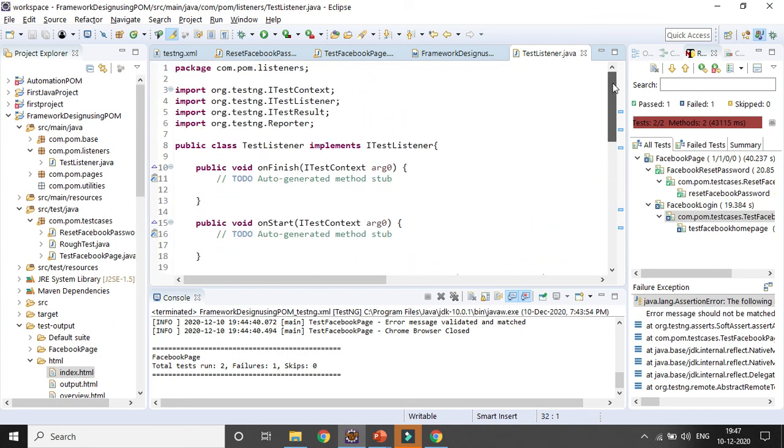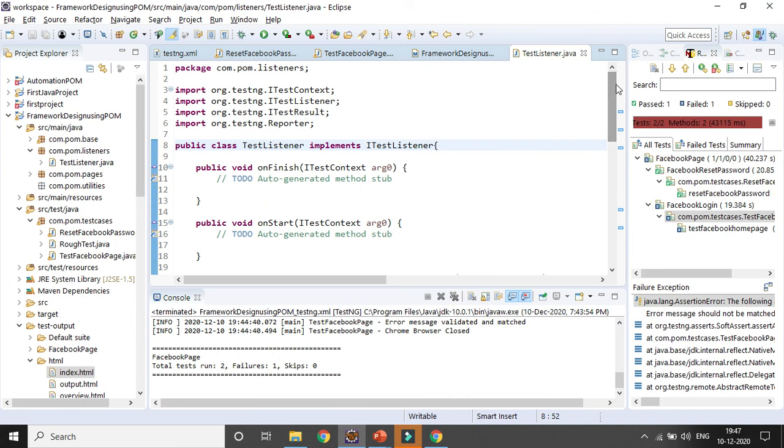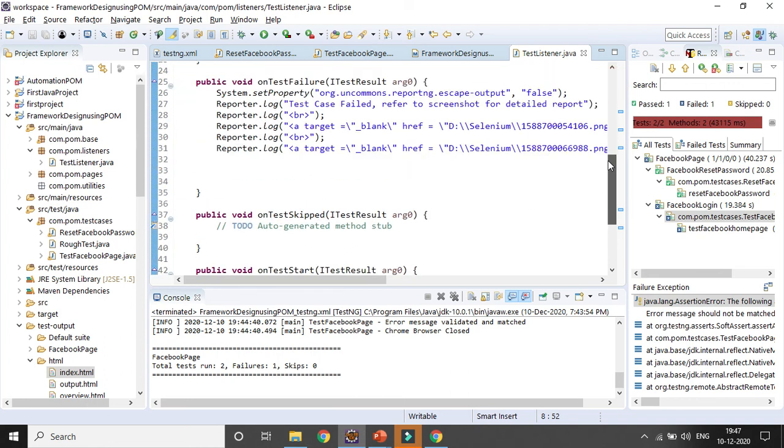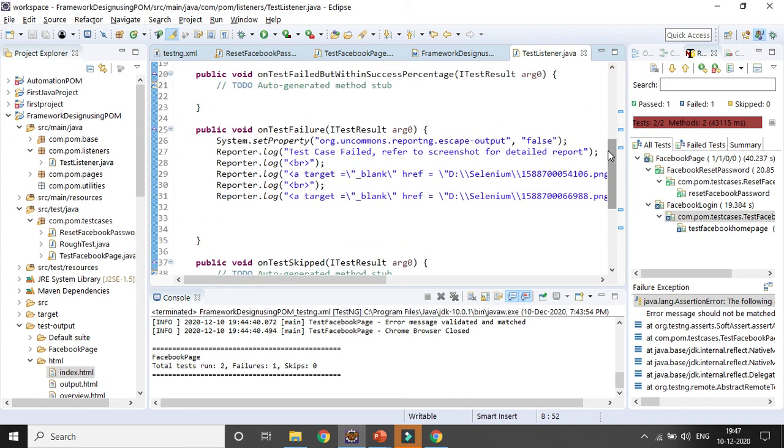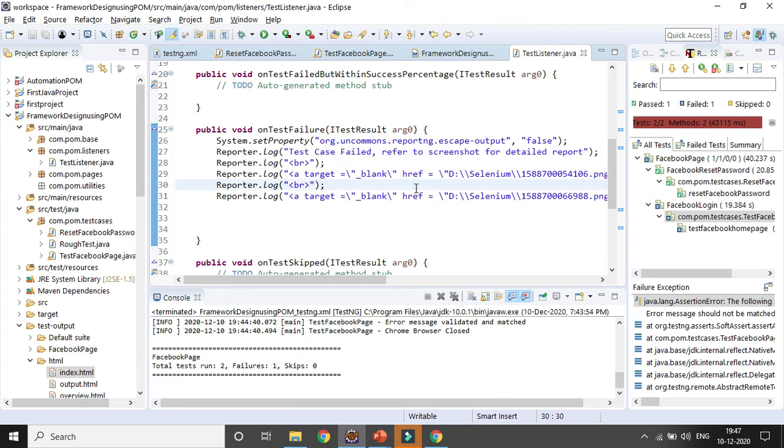In the next session I will try to create videos on how to capture the screenshot and how to add the method in the base class, so that it will be called whenever we want to generate it. We will implement it directly, and that particular class we will be calling instead of giving any hard coding. So no need to worry.